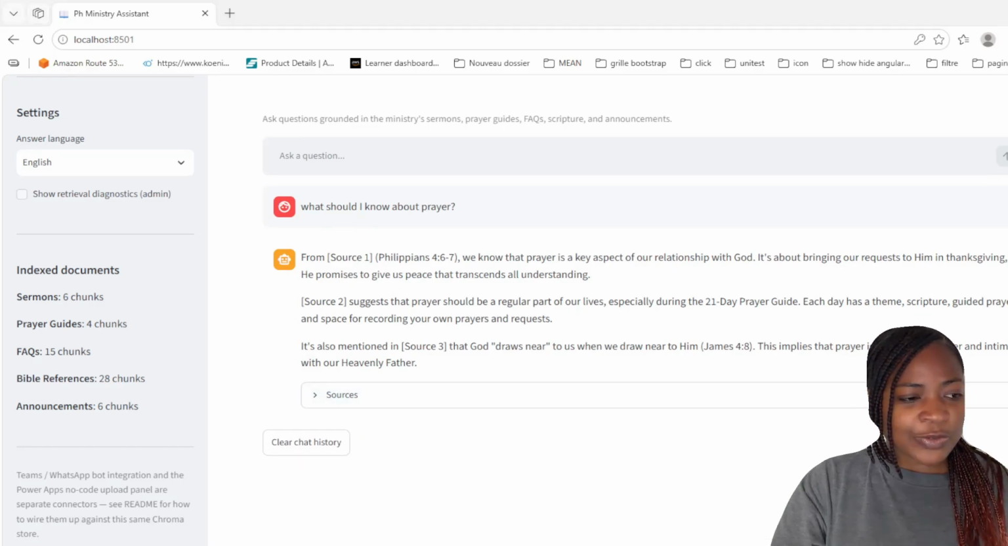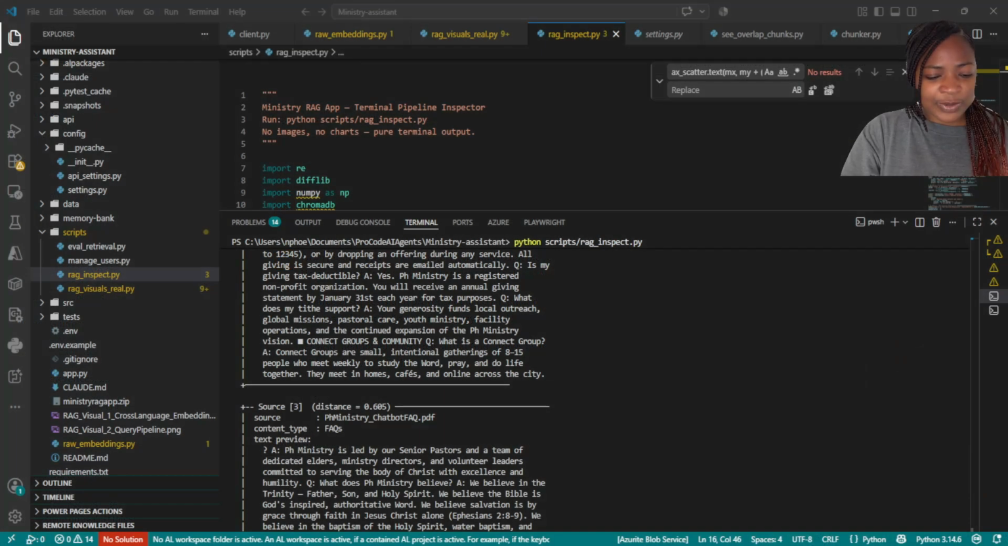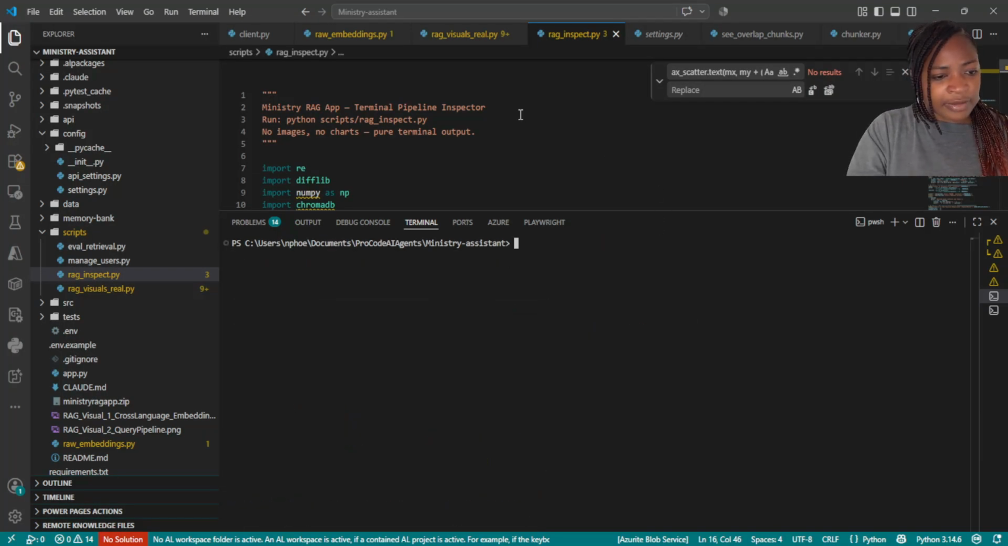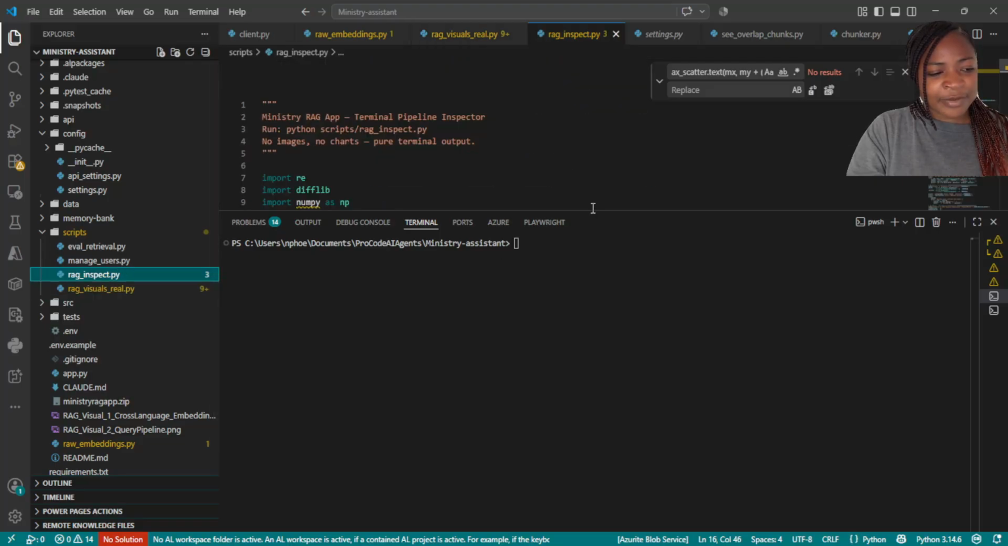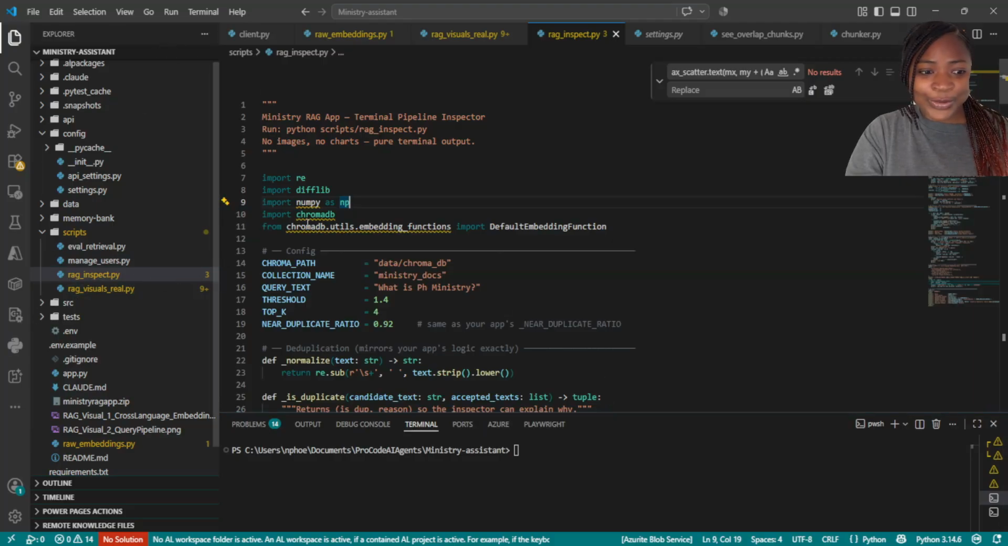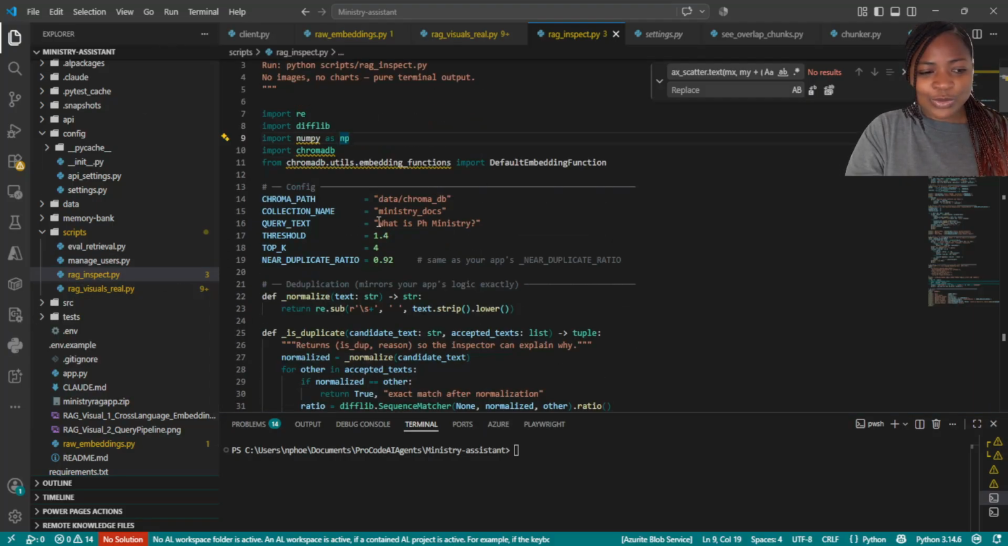So now let's go to VS Code and we will run it to see exactly how it works in the background. I have a file here under my scripts folder called rag inspect. I asked Claude Code, my best friend, to build me a file that will show me all the steps, from connecting to ChromaDB and grabbing all the candidates and all the relevant chunks, and then